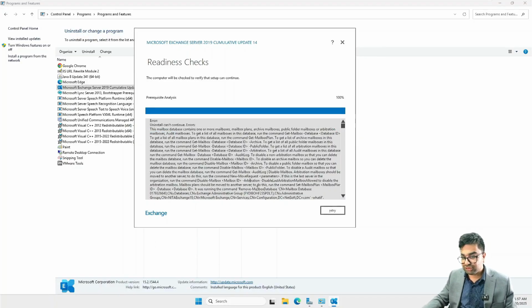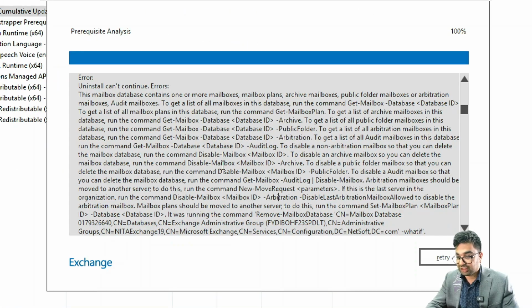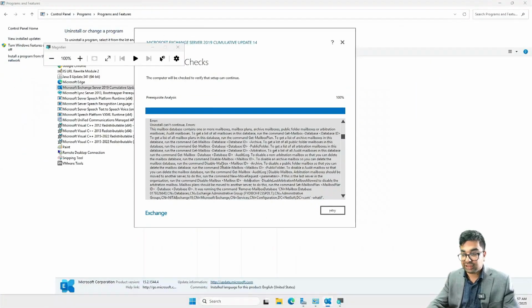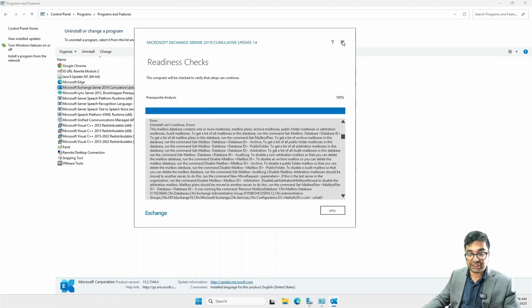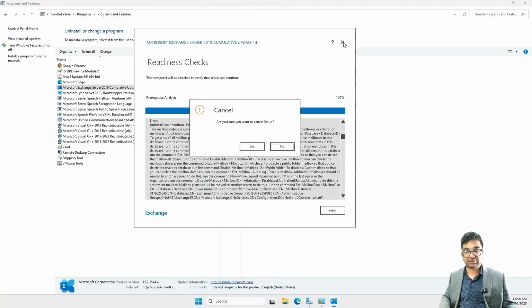For now, I'm not going to move ahead with the decommissioning here because quite literally there's a lot of things to get rid of. So I'll have to archive the mailbox, or I'll have to delete the mailbox, or I'll have to move the mailbox database altogether. And that is a lot of work. So for now, I'm just going to leave it at here. And this will be the end of my lab here.